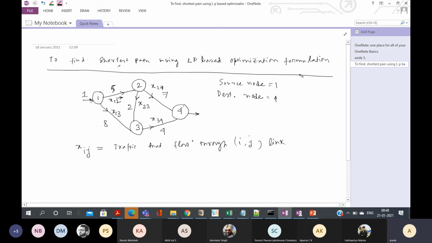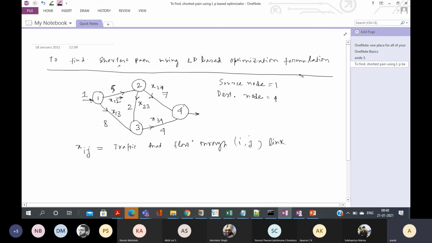Now what I have to do is this: at any particular node, the total amount of incoming traffic will be equal to the outgoing traffic. So at the first node, there is no traffic sink.